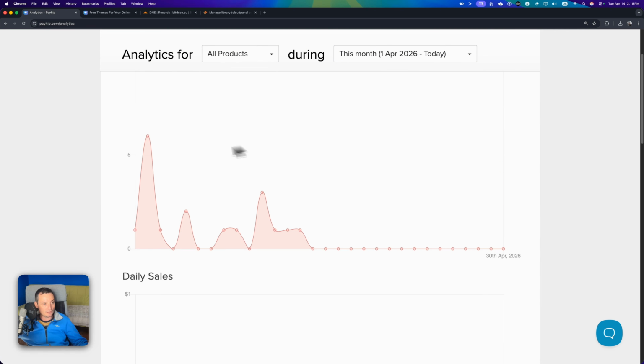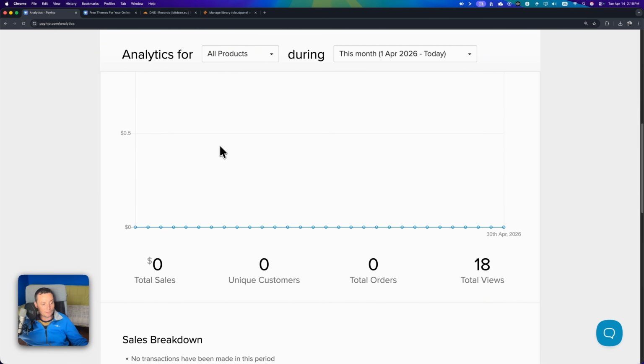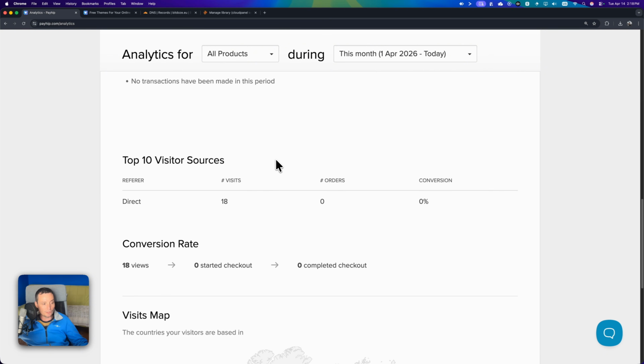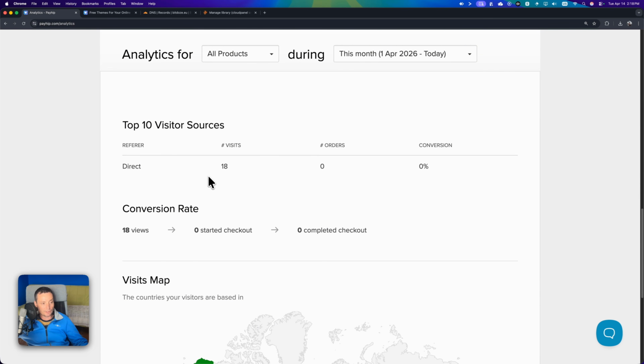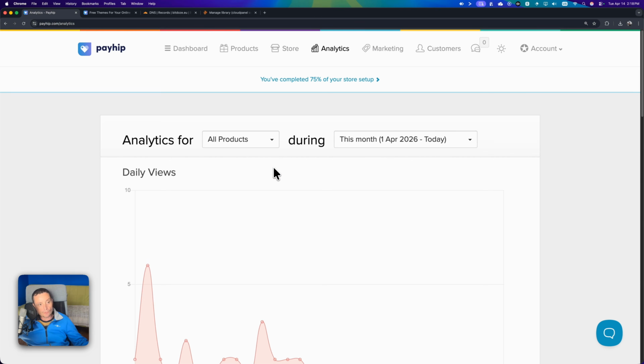And in here you see that I have the cloud panel one that was in here, and I have some views to this one, and in here you will have conversion rate, top 10 visitor sources, from where they are. You will have a map, so you will have some statistics that will help you understand what is happening with